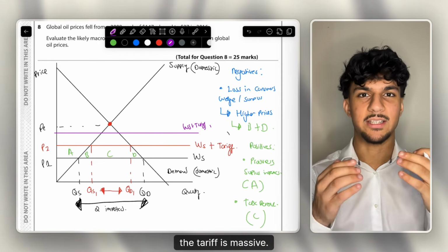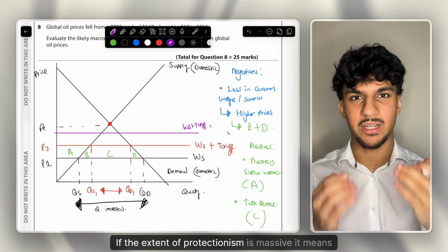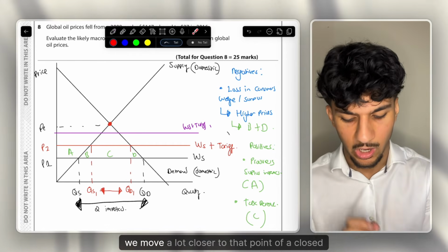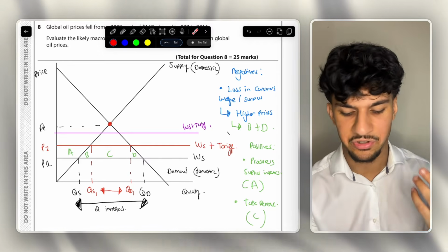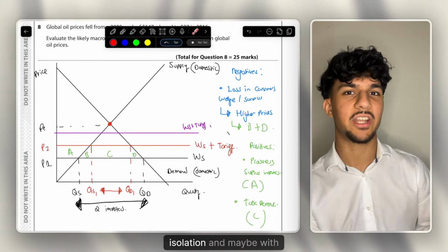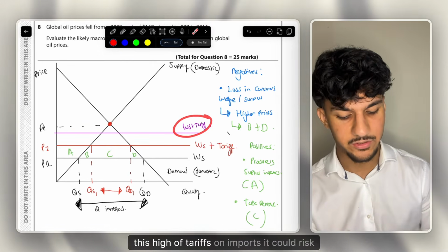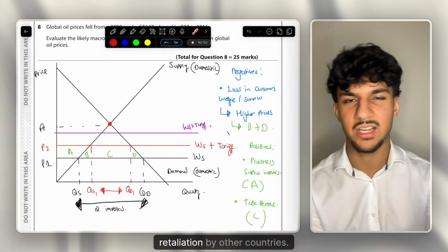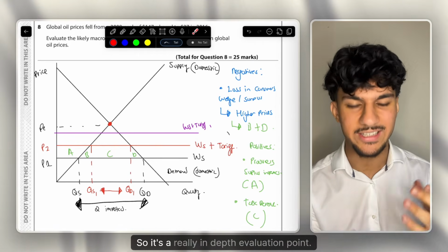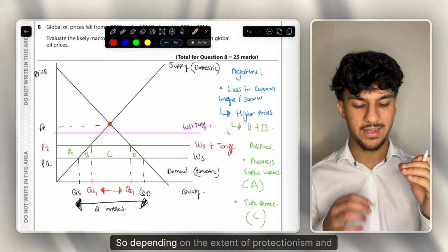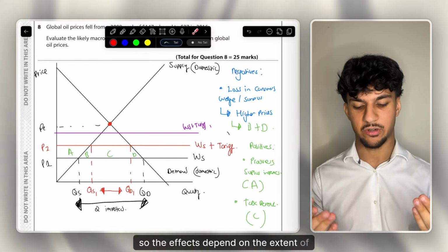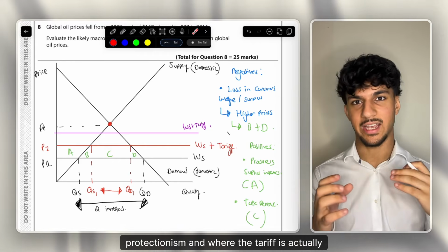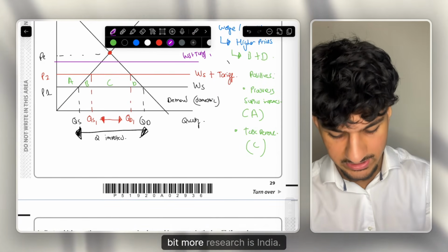As the tariff is massive, if the extent of protectionism is massive, it means we move a lot closer to that point of a closed economy, which has massive risks. It risks inefficiency, isolation, and maybe with this high of tariffs on imports, it could risk retaliation by other countries. So it's a really in-depth evaluation point. So the effects depend on the extent of protectionism and where the tariff is actually set. And a great example of this, if you want to do a bit more research, is